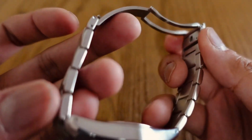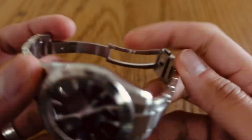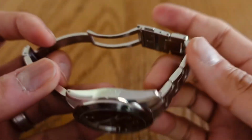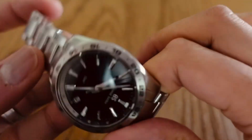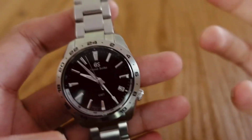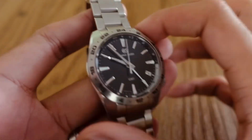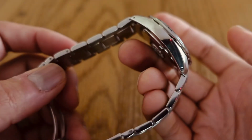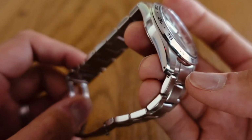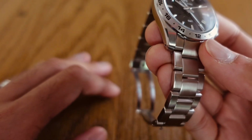Except for a little bit of polishing, it's the same basic stuff you get on a $1,000 Seiko. So it's not as if they upgrade the bracelet anyway. But just please, for Grand Seiko, please make your bracelets better. It's almost funny how bad they are because people just stop mentioning that now. But I think it's important to note because if you're spending $3,000, $2,500 or in between that, expecting a solid watch,